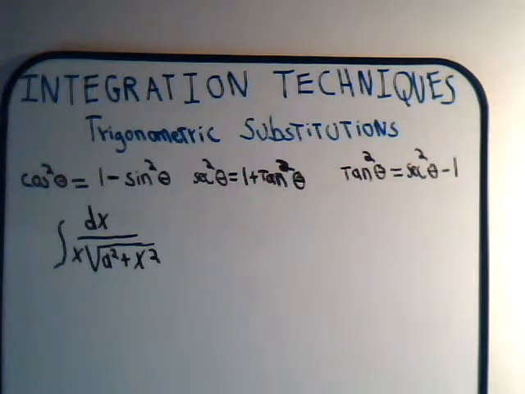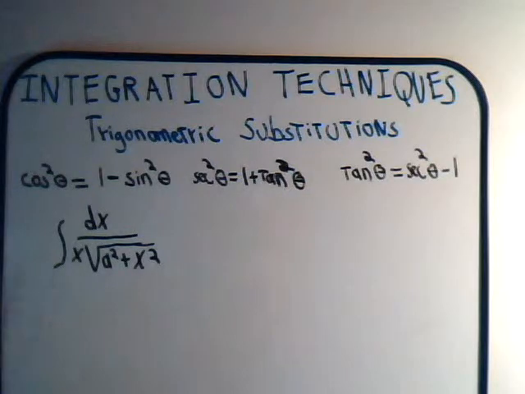Okay, in the last video, we introduced the method of using trig substitutions to solve different types of integral problems, and we discussed some of the working principles that are involved with the technique. So far, though, we haven't solved any problems, and that's what we want to be doing now, beginning with this video. Here, we're looking at the integral of dx divided by x times the square root of x squared plus